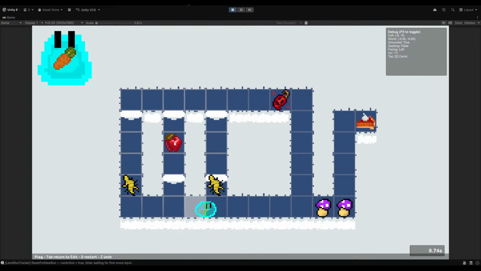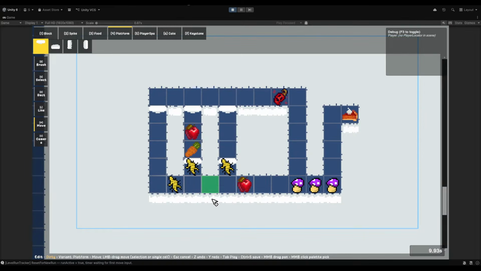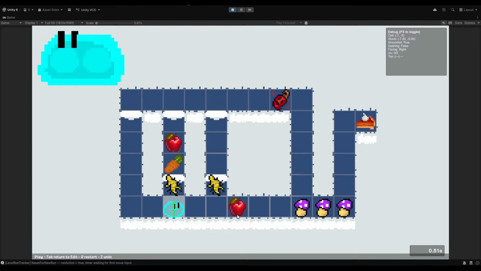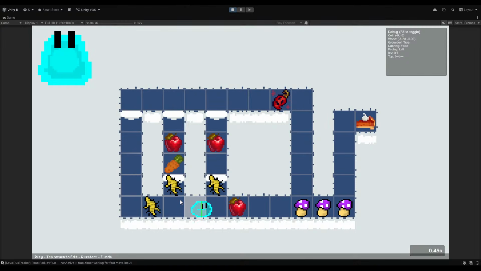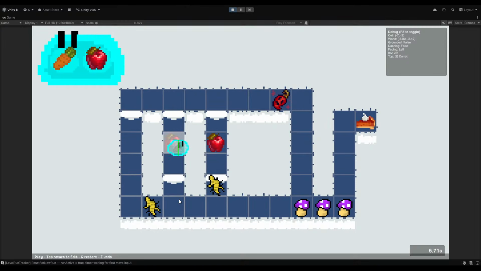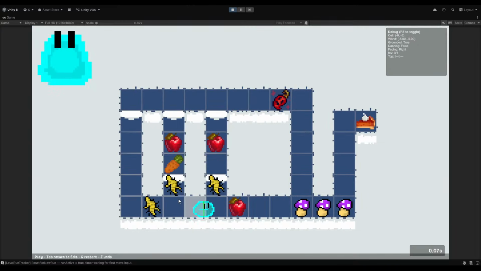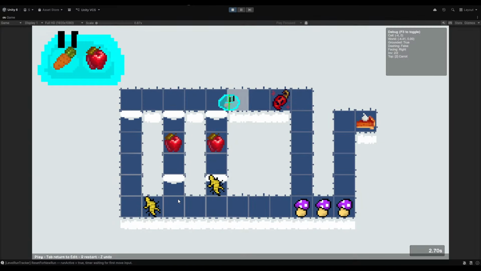That apple's unreachable. So we could put ginseng there. But I do also want them not being able to just do this. We could just make the level not possible if that happens. Is this possible? Yes, I think it's possible. No, because I just killed my carrot. I think there was a better way for me to do that, actually.